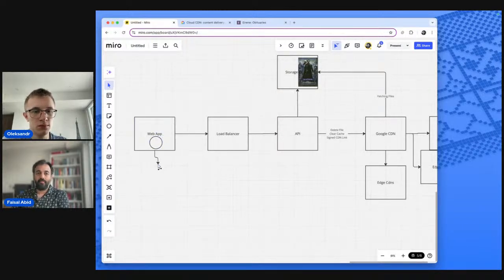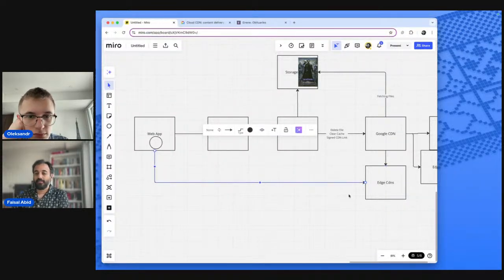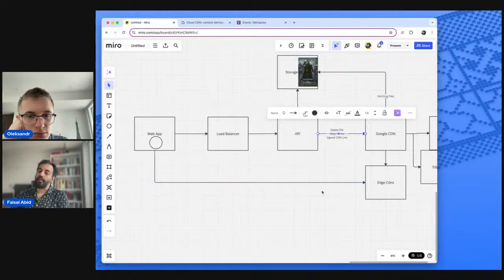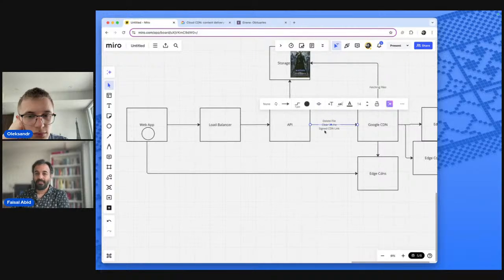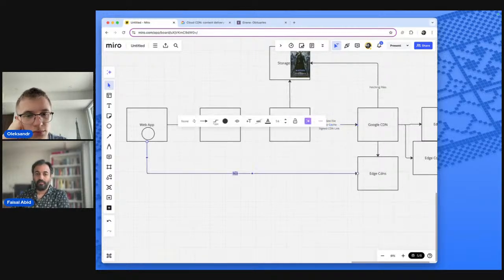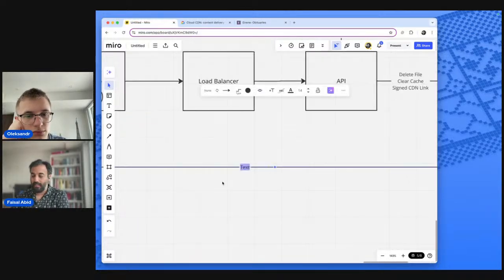Then the web app makes another request, and it makes a request straight to the edge, because DNS-wise, it knows how to go to the edge. It automatically makes a request to the edge because of the CDN link. And just so we all know what that CDN link looks like, it's probably something like googlecdn.com/matrix.mp4.